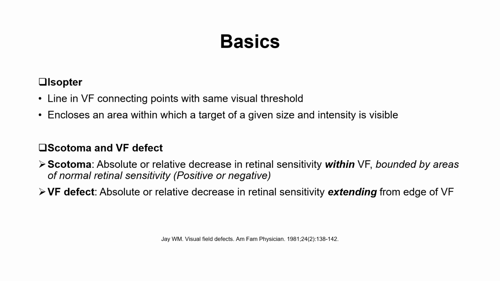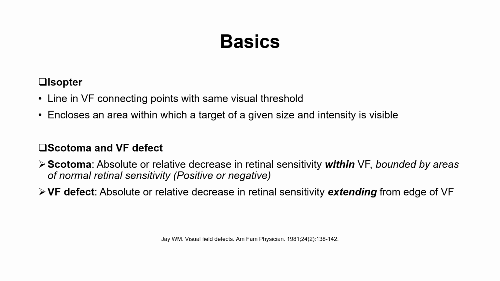So going back to basics, we have the isopter, which is a line in the visual field connecting points with the same visual threshold and encloses an area within which a target of a given size and intensity is visible. So we should understand these terms in order to understand the visual field printout